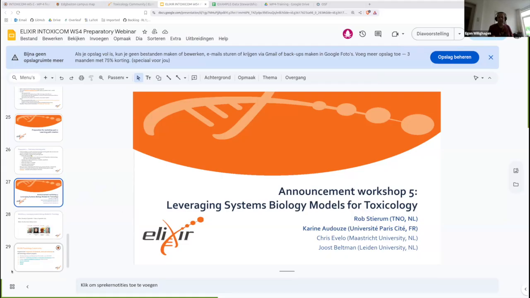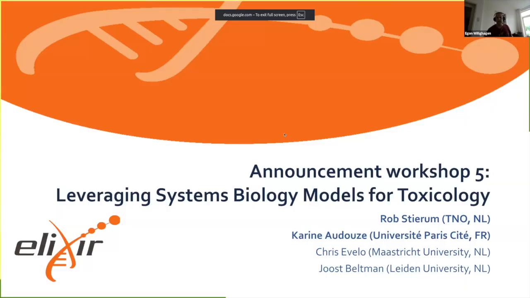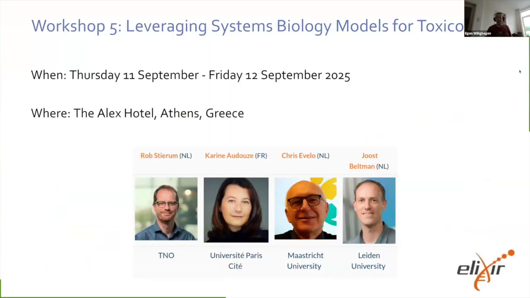And I can say something about workshop 5. You can see that here. As Marvin indicated, the workshops all have an order. We covered multiple things in the first 3 workshops and complemented with the 4th workshop here in Birmingham. It all leads up to: how do we put everything together? That gets us to the topic of systems biology, where all the things that we learned in the workshops will feed into.